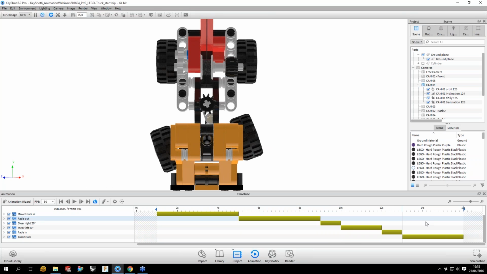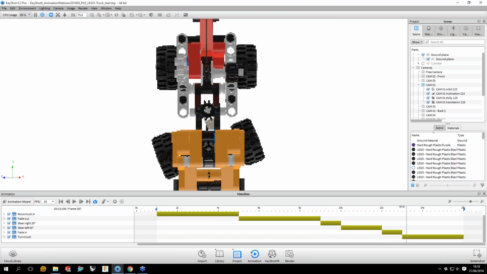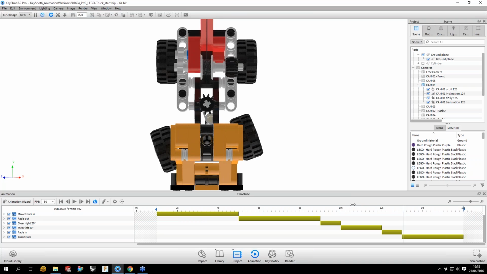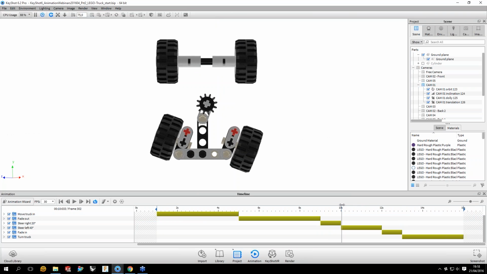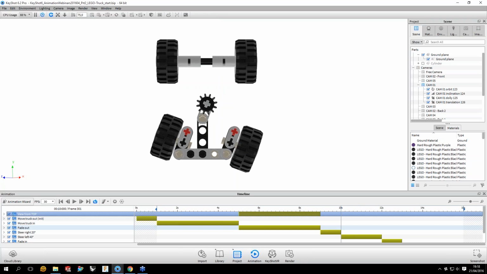So I'm going to right-click on the folder that contains the camera animations, and I can click mirror on this folder. This will create a mirrored folder. So if I now drag this one to start at the 10-second mark,